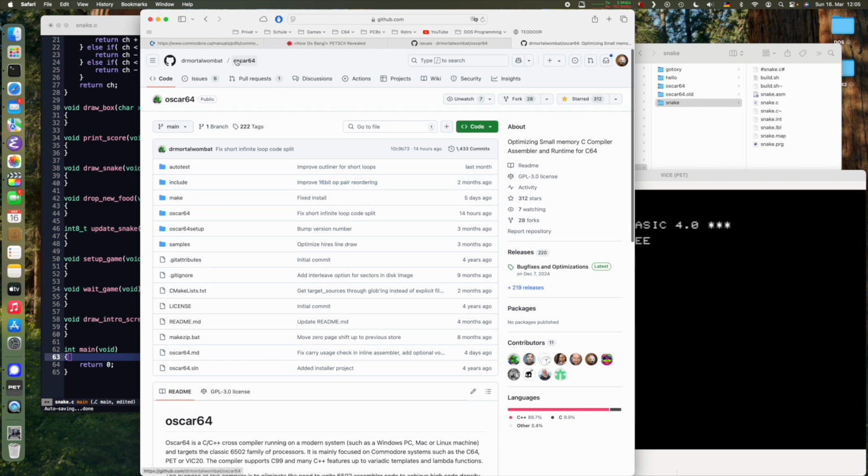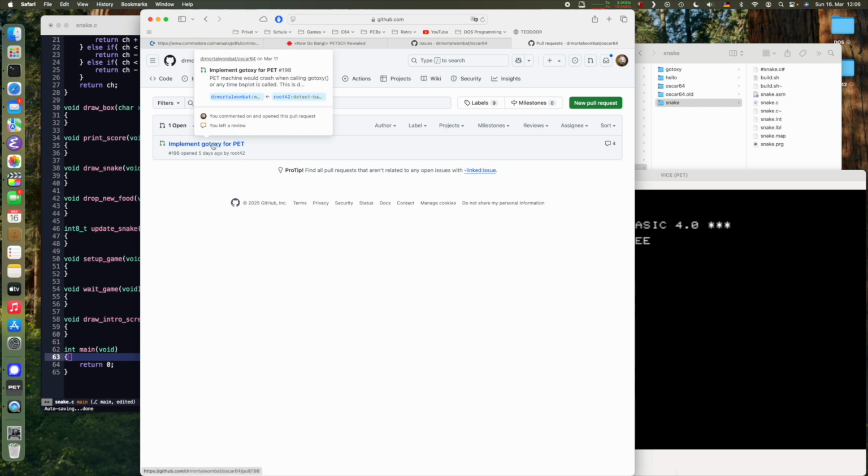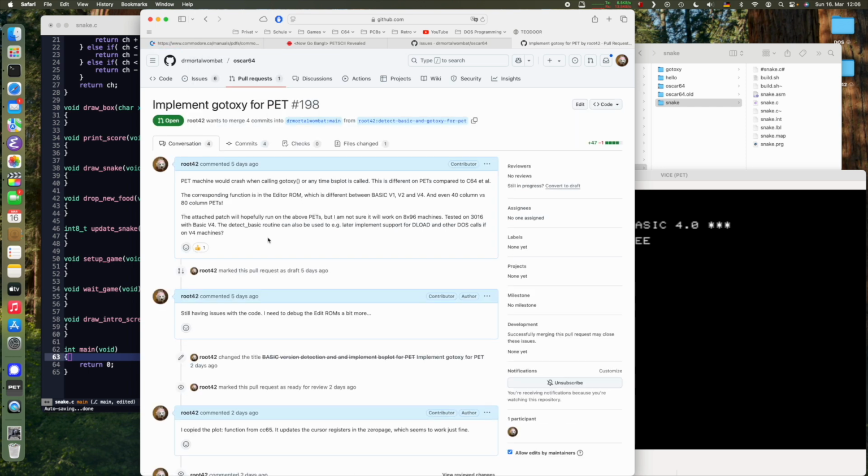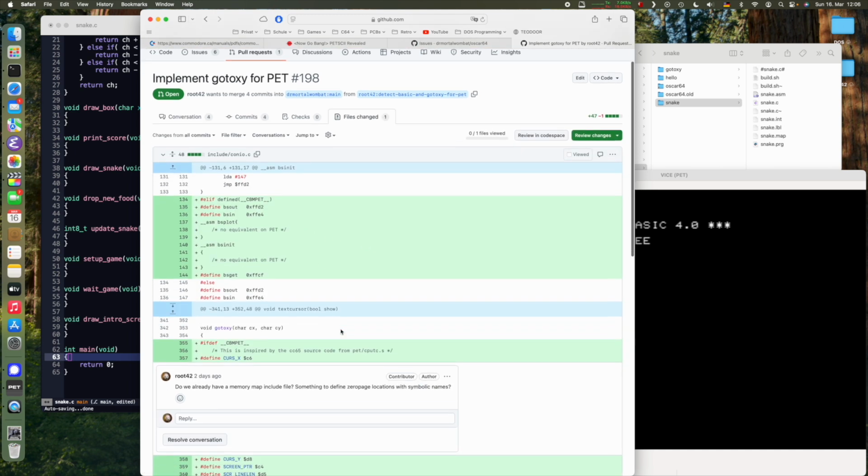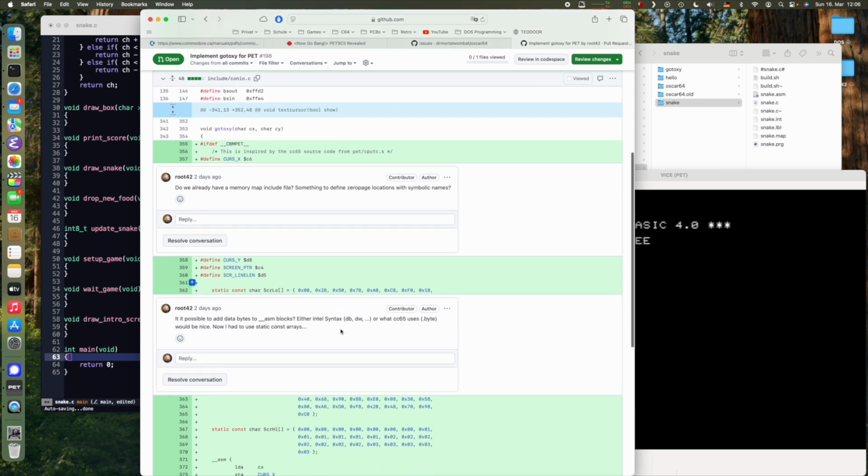If you want to install the Oscar 64 compiler, make sure to use the latest version. And for this particular example, targeting the PET, you actually need my implementation of go-to-xy, because that is actually broken in the current release. It might have been fixed at some point. I'm not sure if my pull request will get accepted, because I'm perhaps not doing it the right way, because my